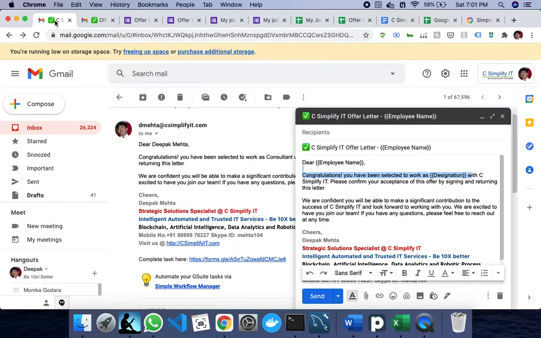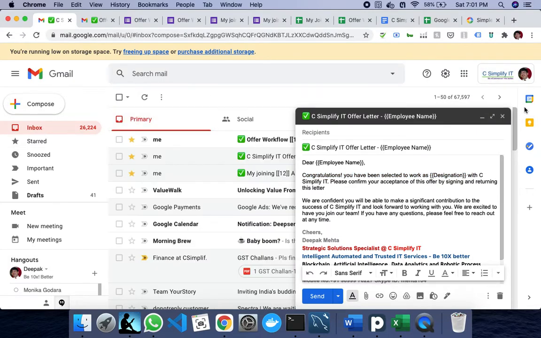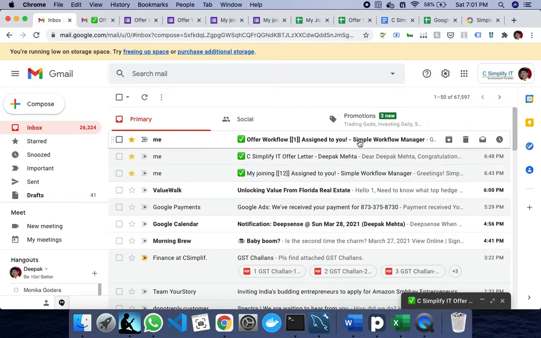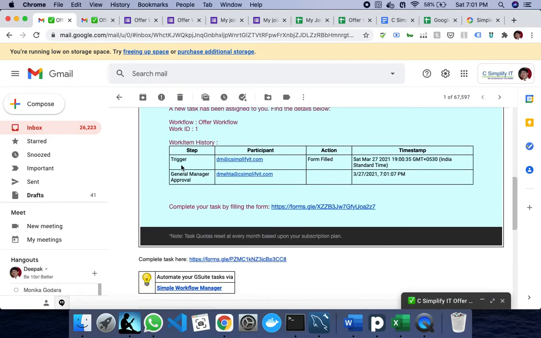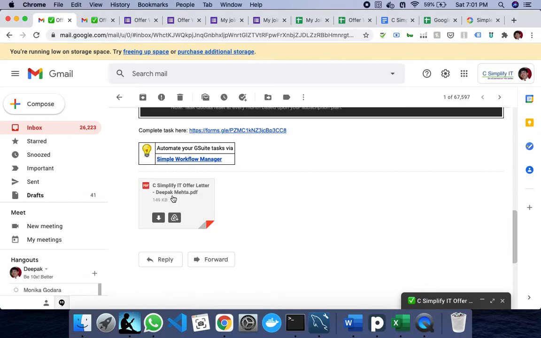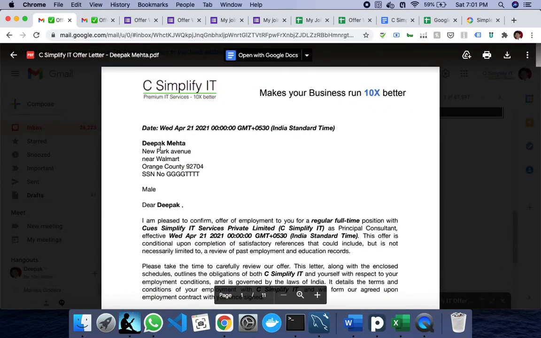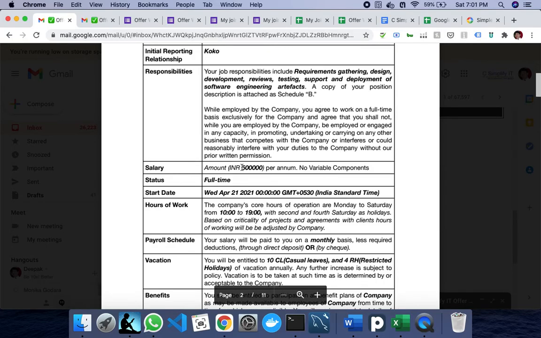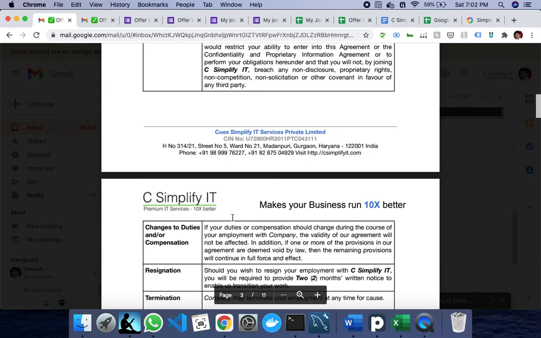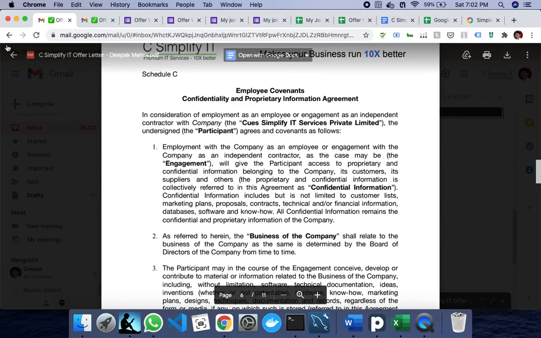If I now go back to my D Mehta account, which is this one, you can see my pick here, and you can see yes, our workflow has come to me for my approval. The form was filled by this person, with the data New Park Avenue near Walmart, Orange County, with SSN number this, and so on, and all the document is automatically populated using the form fields.